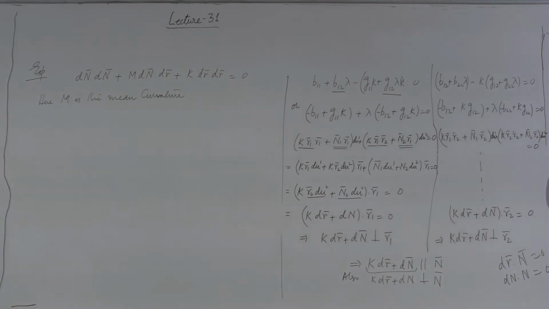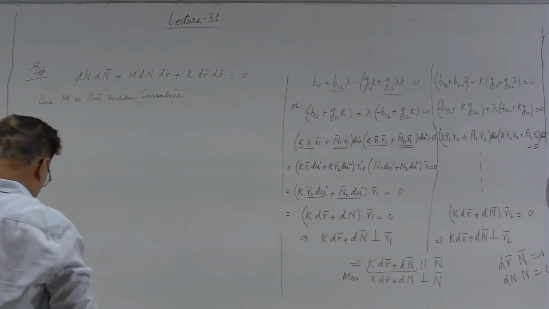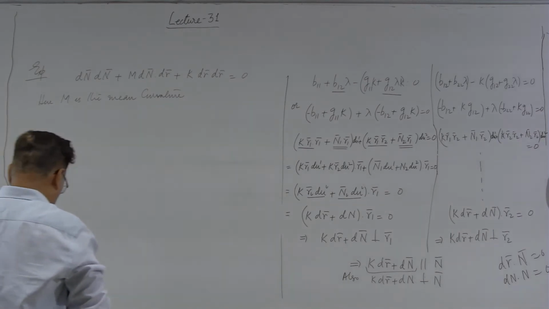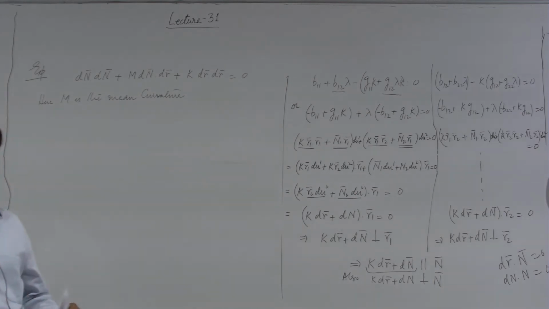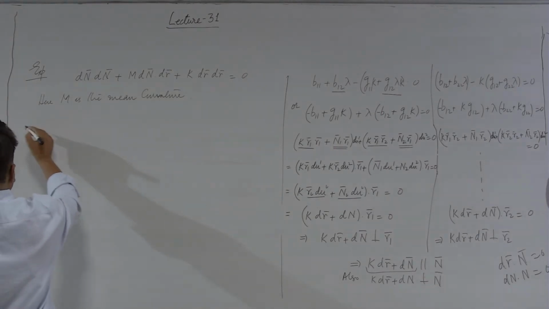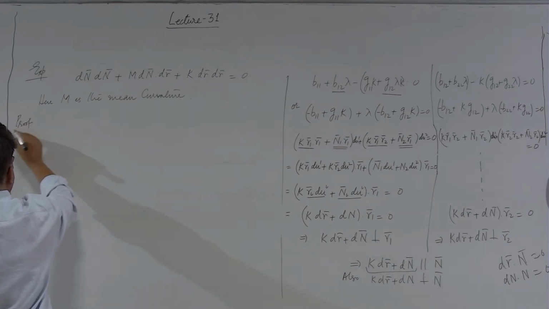So, this relationship is interesting because it relates the mean curvature and the Gaussian curvature, and we have derivatives of n and r. Okay. So, let us see how we can establish this relationship. Now, without any loss of generality, we can always consider the lines of curvature as parametric curves. So, this assumption we can always make. So, to prove this relation,